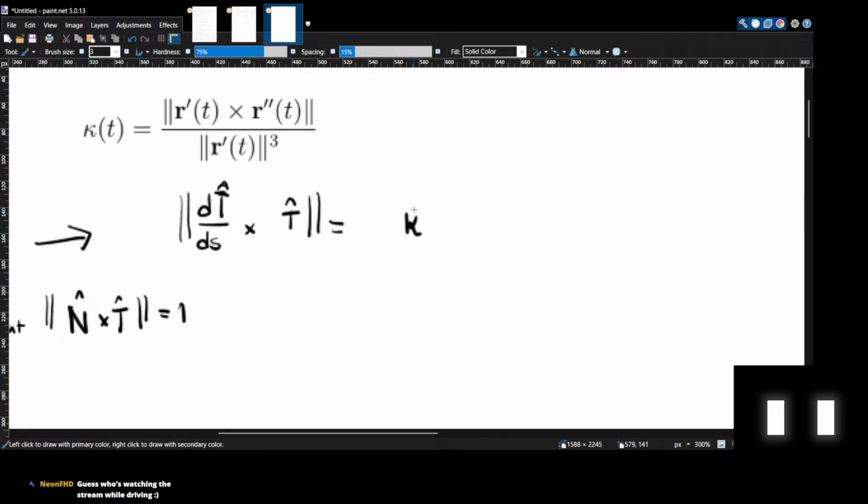What we would get is kappa. So we have to find a way to turn this form into this form. Which shouldn't be a problem. I don't think it's going to be a problem, because T here is simply the same as,